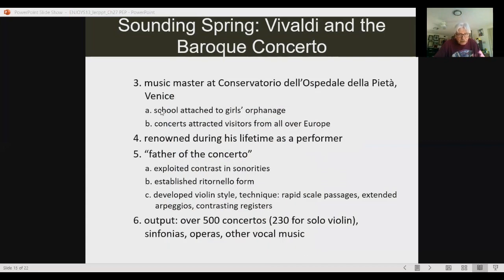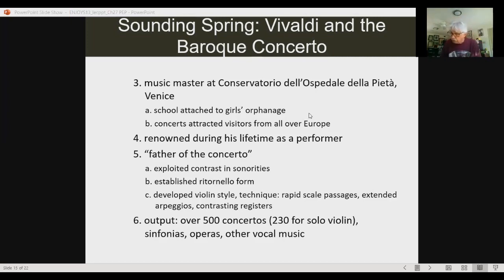So Vivaldi is considered the father of the concerto. He wrote over 500 concertos, concerti, wow, 230 for solo violin. He wrote sinfonias, he wrote operas, and other vocal music. Very prolific composer. And he actually worked at a girls' school, and I think I mentioned to you this before